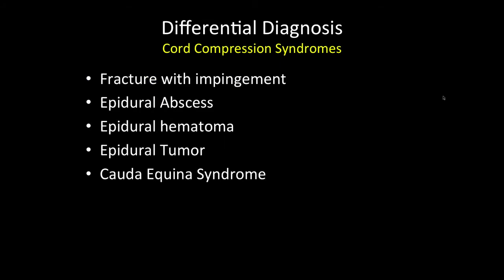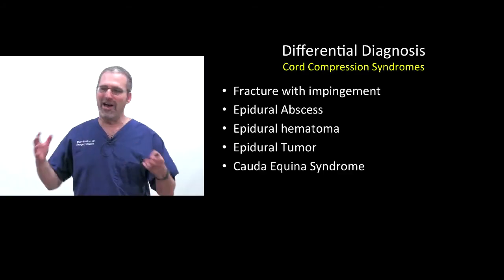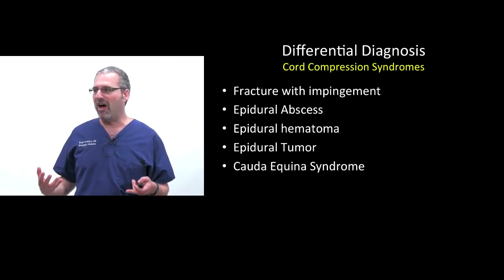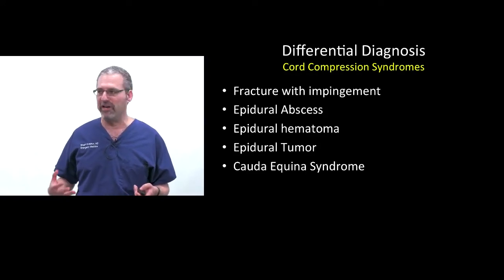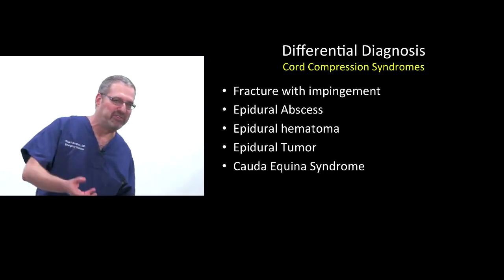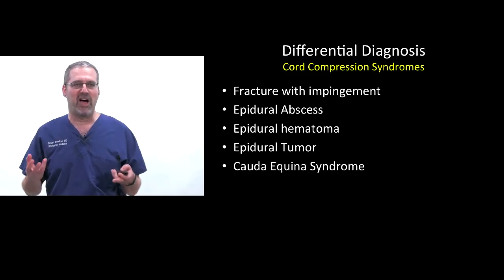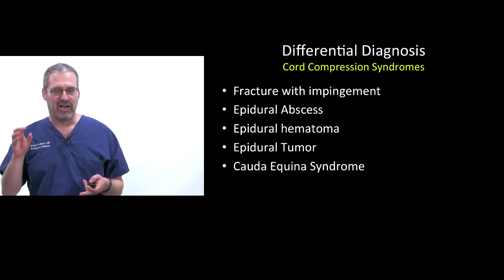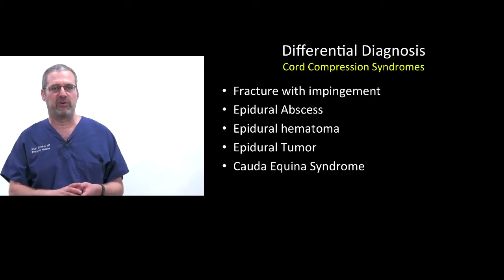So the second big category is cord compression. And on some level, they're all kind of the same. You've got a patient in whom you're concerned about compression on the cord, most often identified by some concerning neurological symptom or sign, and whether or not it happens to be from an abscess or a tumor or hematoma may not be that critical. It's the fact that you've got some neurologic signs and symptoms that tip you off that there could be some compression here.